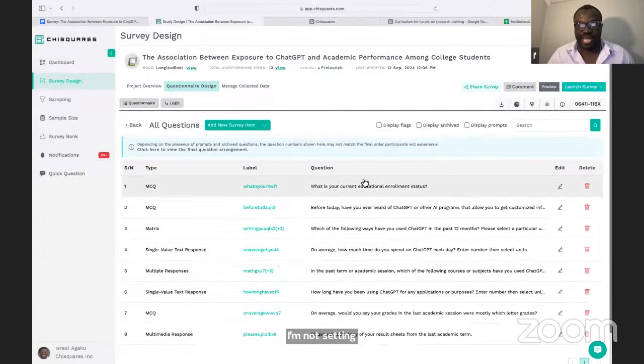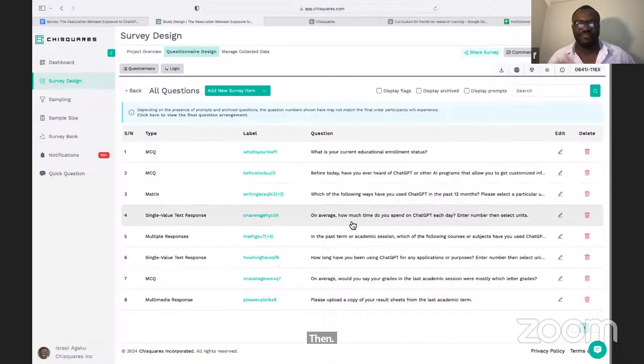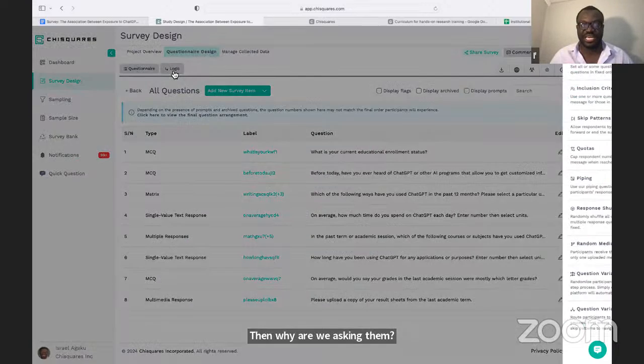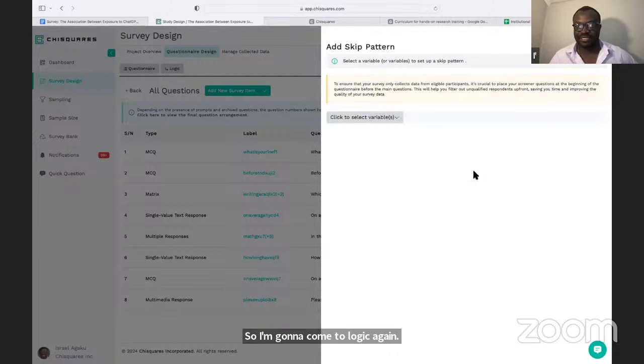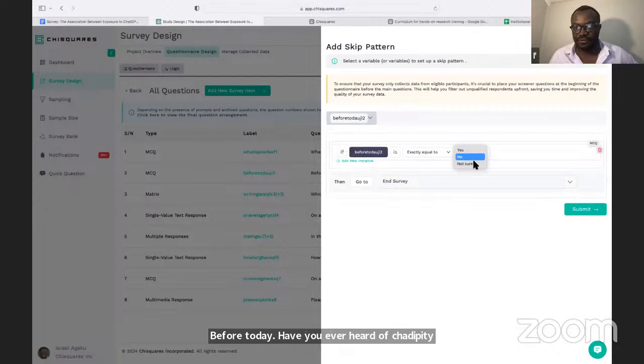Then I want to also set up skip patterns. Remember that we asked the individuals, have you ever heard of ChatGPT? Well, if somebody has never heard of ChatGPT, then why are we asking them how many times they use ChatGPT and so on and so forth? So I'm going to come to logic again and go to skip patterns and set up skip patterns and say, this is based on this question. Before today, have you ever heard of ChatGPT? If they say no,